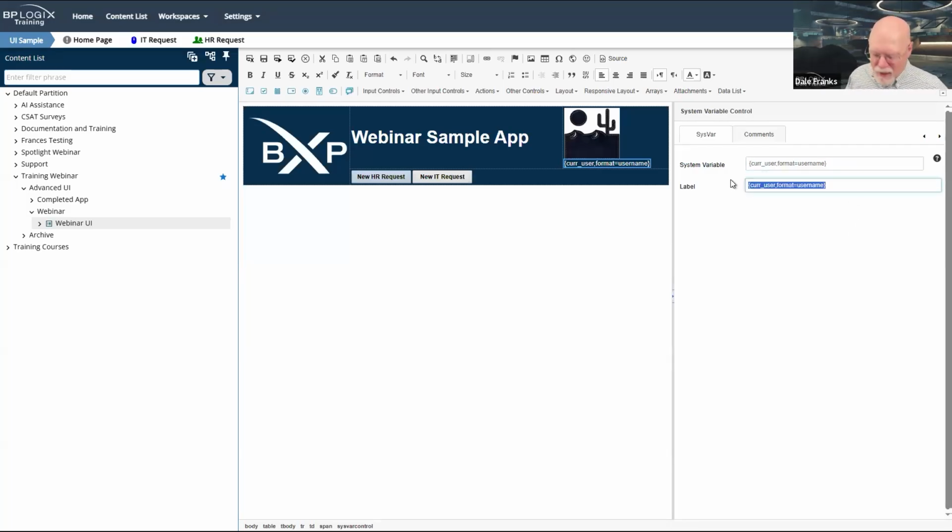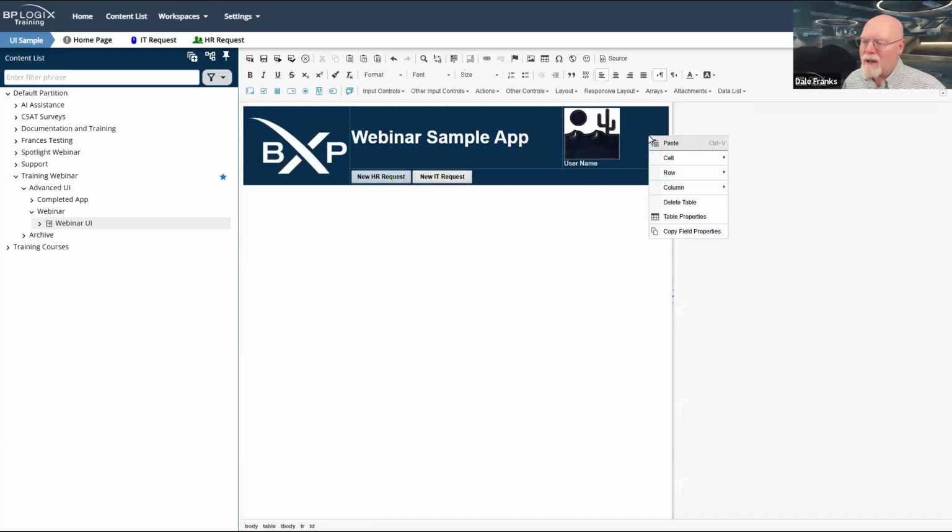I could change this label to username, I suppose. It's not really necessary, but I could certainly do that, and that's now going to appear inside the cell. Also, again, cell properties.